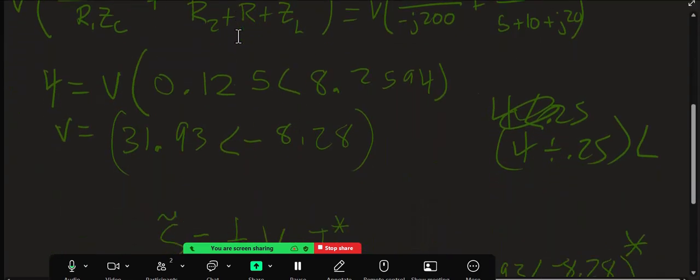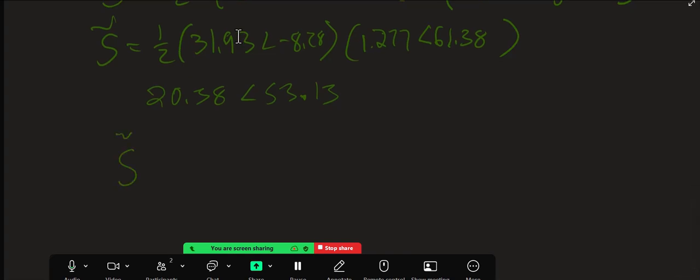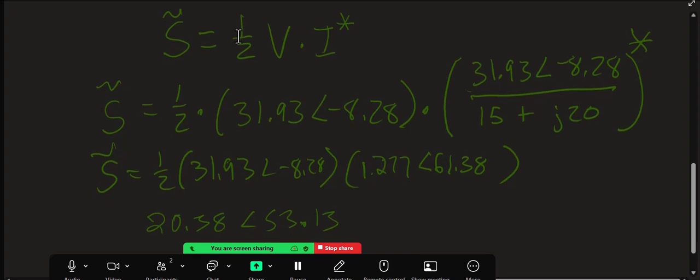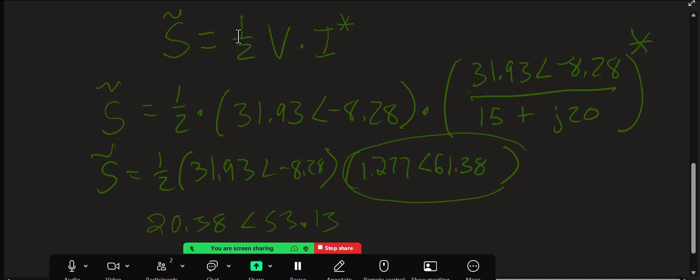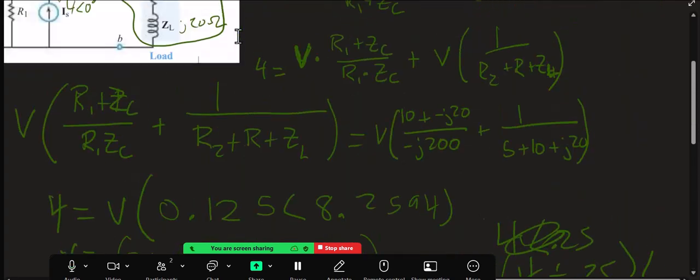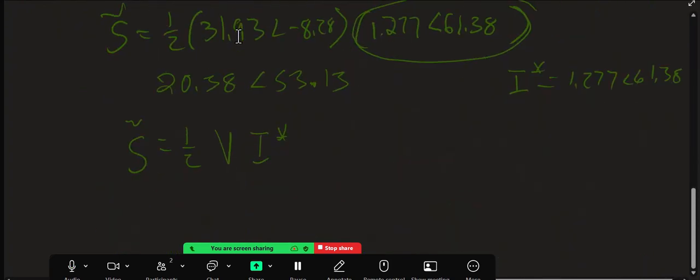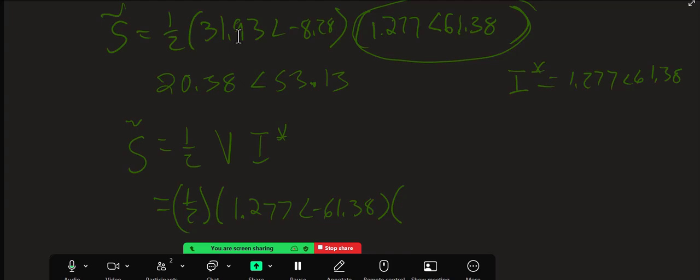Now to get the voltage just across the load, here's what I would do just to be safe. So we know we have the right current. It was this right here, that was our current conjugate, because the current has to go through everything. So let's get the voltage just across this, and that would be the current times just that impedance. So it'll be 1/2 times the actual current, which is 1.277 angle negative 61.38, times that impedance, which is 10 ohms plus J20